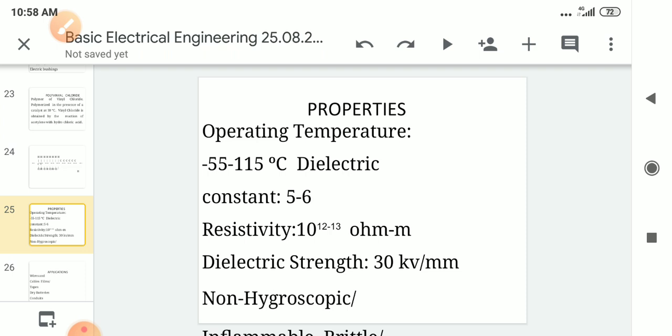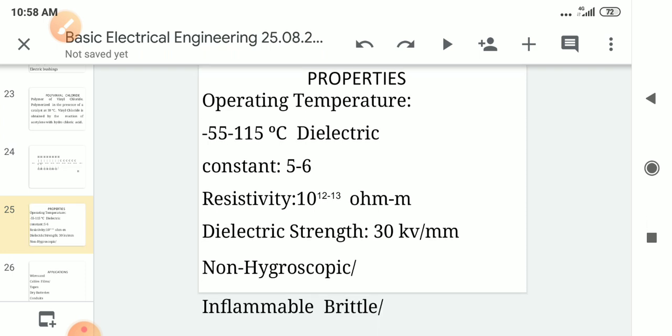It is light in weight and cheap also, and it has high resistance to chemical action, and the insulation resistance is 10 to the power of 12 to 10 to the power of 13 ohm centimeters, and it can withstand very high temperatures